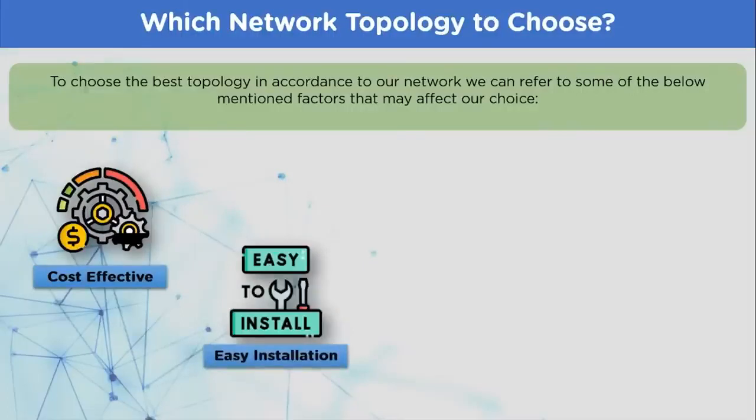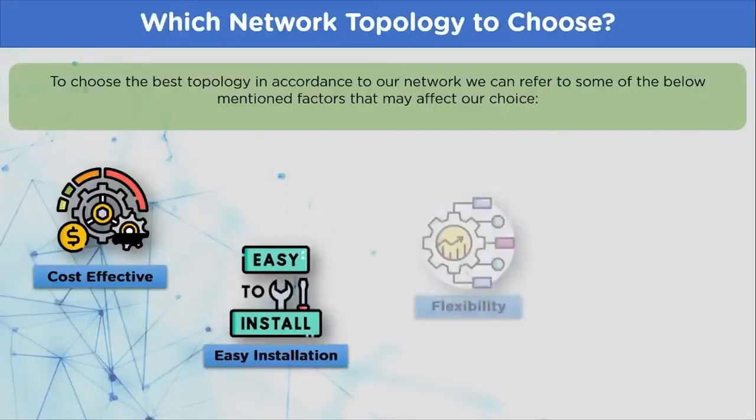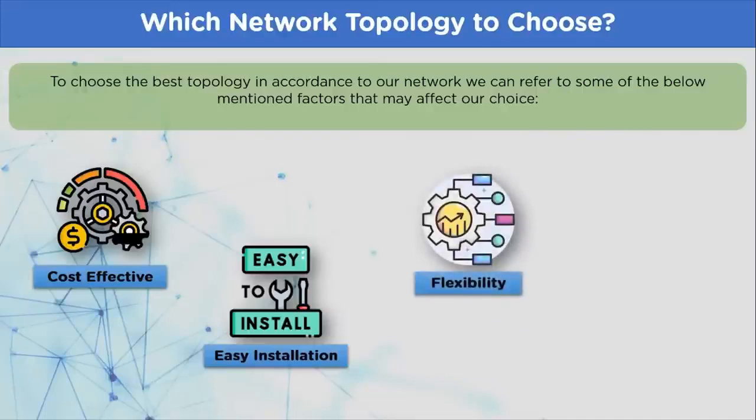Then we have easy installation. Installing the hardware devices efficiently and precisely is also one of the factors that affect our choice of network topology. Moving on, we have flexibility. The ability of the topology to include new network nodes after installation and ease of troubleshooting refers to the flexibility